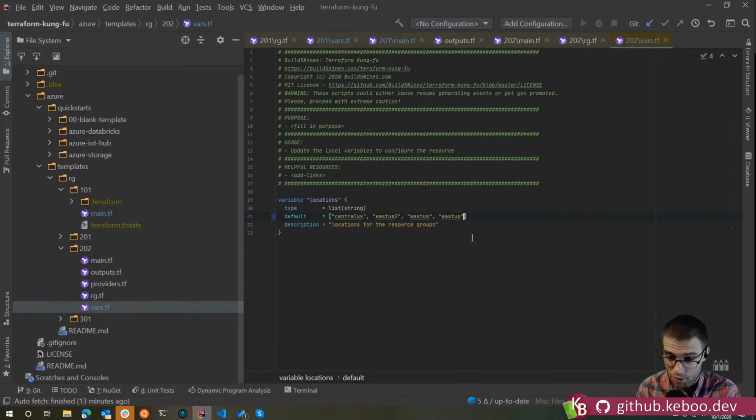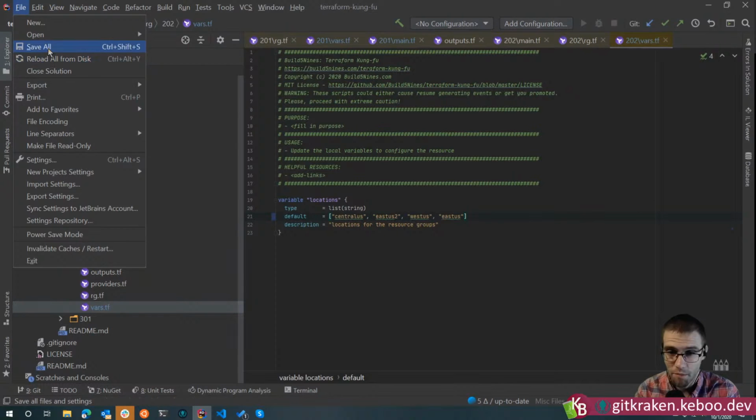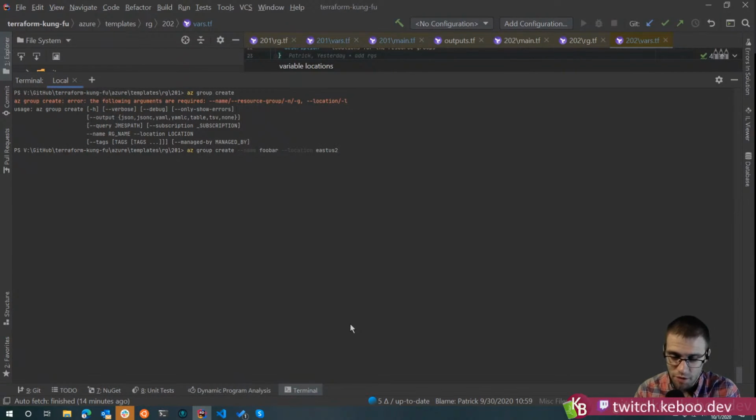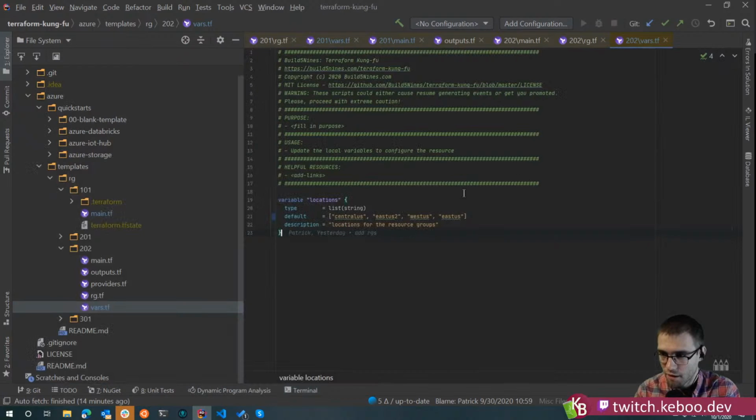It is not the only way, which is where we get into our 301 with using the modules. So we put this one in here to show the concept of being able to use a count to effectively multiply out the resources. But effectively reusing modules is the other way that you can get similar results.